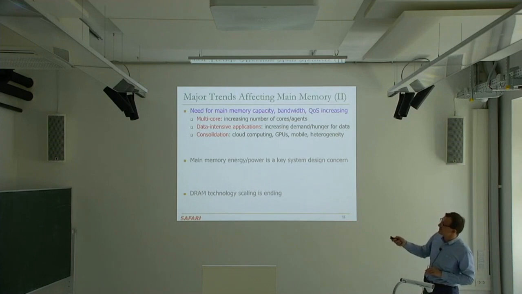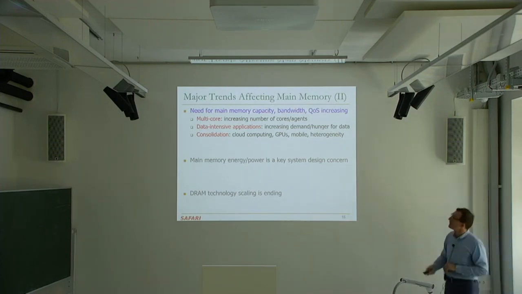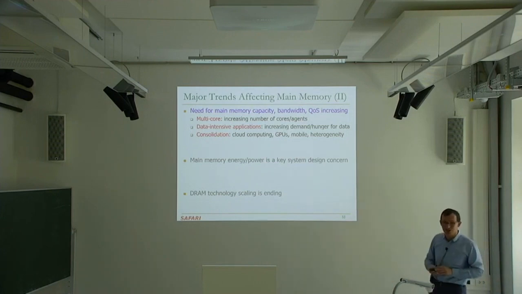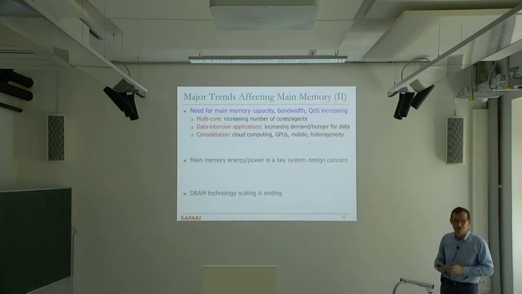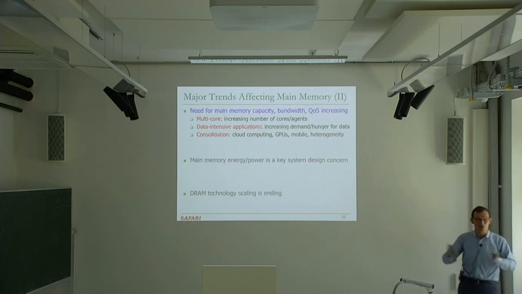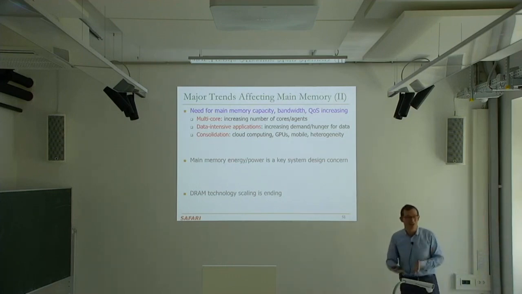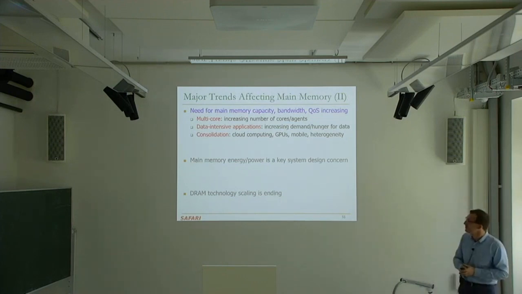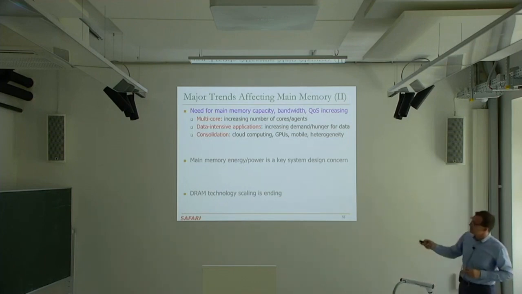Applications on top of this are becoming increasingly data intensive. I've given you an example from bioinformatics. But that's true for many, many other applications like databases. We basically have increasing demand and hunger for data, and we're able to generate a lot of data, essentially. Like video cameras, for example. Video analytics is another example. They're everywhere, and they're generating lots of data, much more than we can analyze. Now, we could analyze them for a good purpose or a bad purpose, but we're not able to analyze them efficiently.